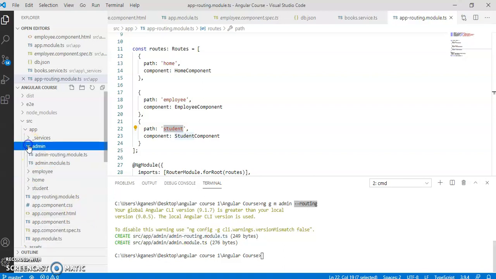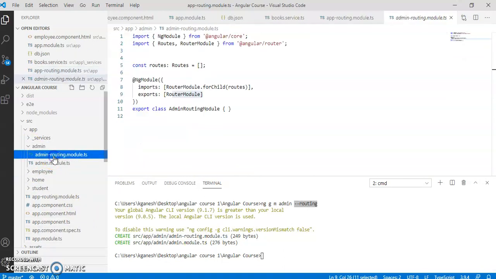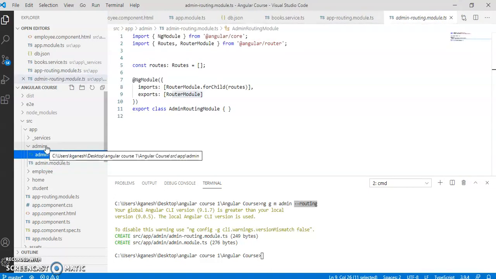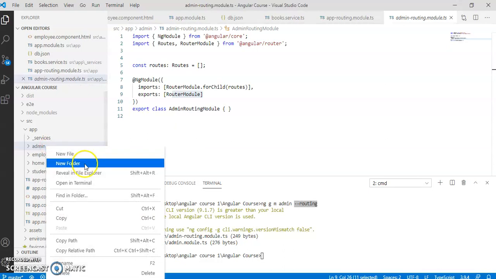You can see that a folder has been created, and in it we have admin-routing.module.ts. Now click on admin module and click on open in terminal.